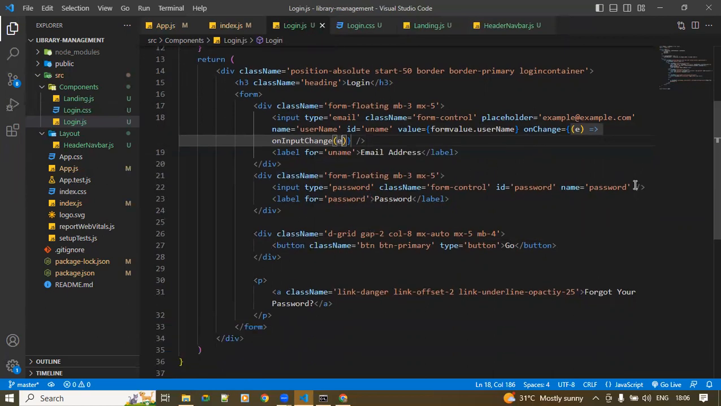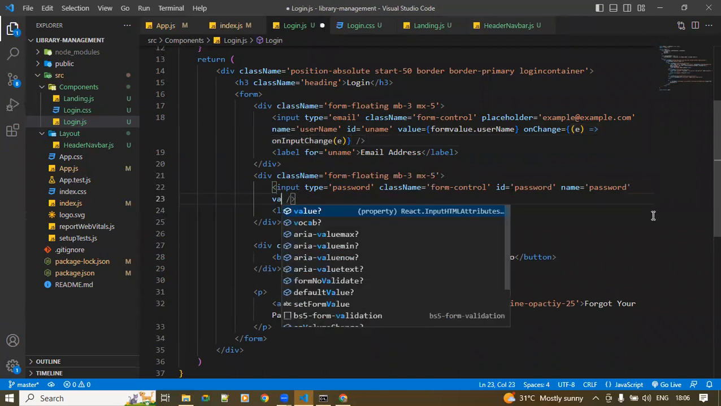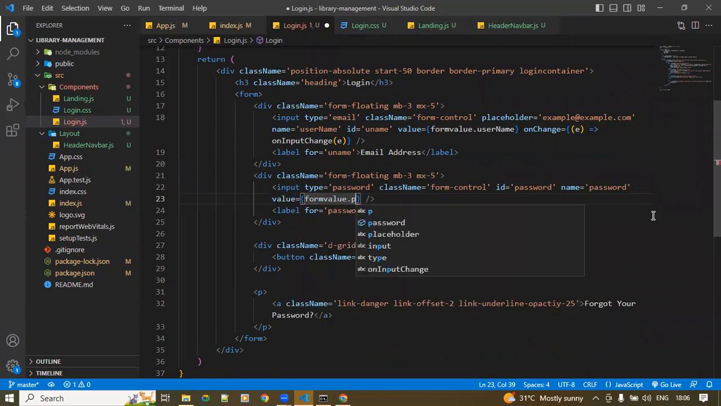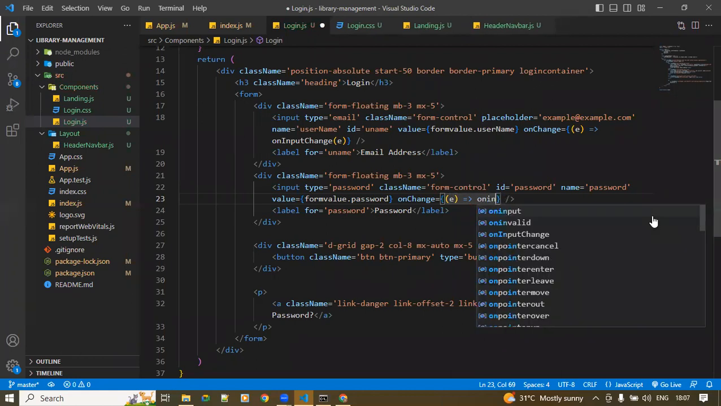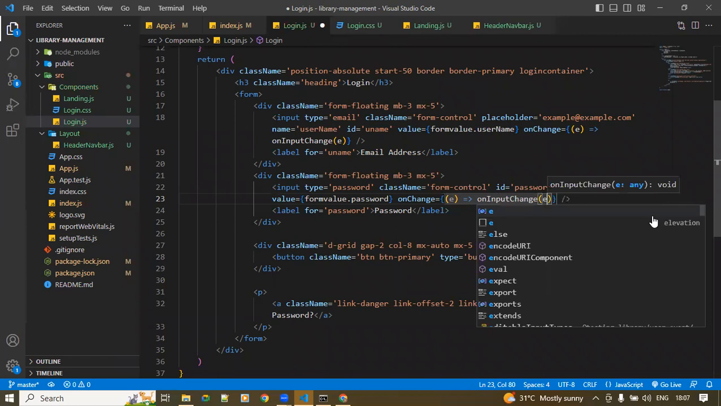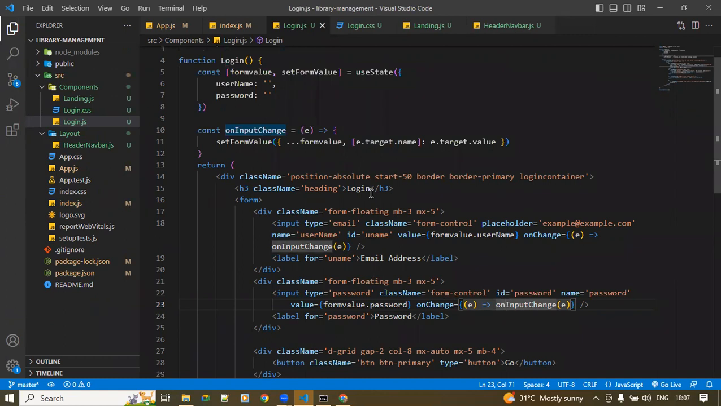We'll have the same two parameters for our password also. Say value is equal to formValue.password, and then onChange is equal to onInputChange. Both of them will be handled by one single function. Why? Because we have given e.target.name. With the help of the name, we can differentiate. So now our